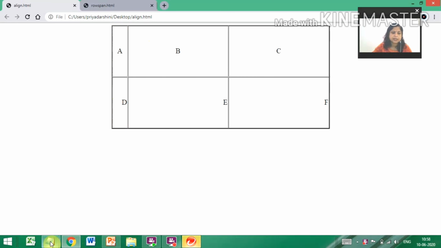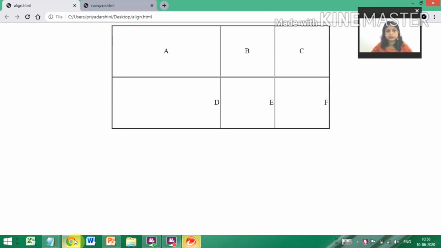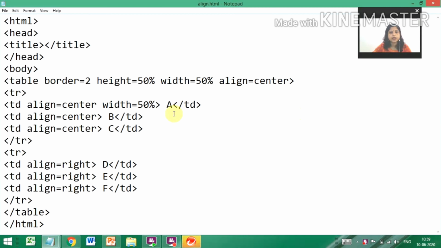That is in pixels. Suppose you want to give the value in percentage. So make it percentage and see the change. That means it will change the width with respect to the table size, so the cell width changes when you use percentage. Both values you can use, either in pixels or in percentage, with the TD. That is your width.